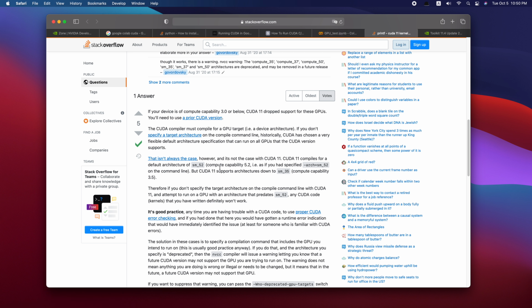The default architecture is SM52, while the Tesla K80 is SM37. So if I need CUDA 11 to support K80, I need to specify the -arch option specifically.